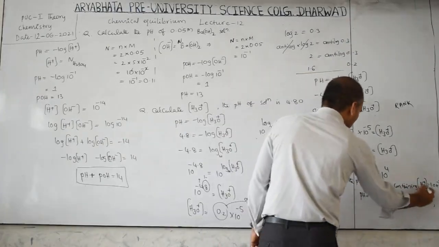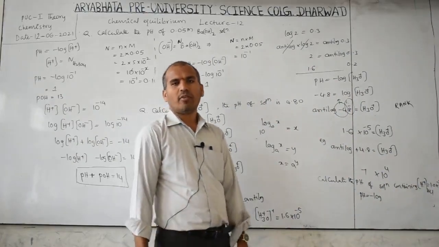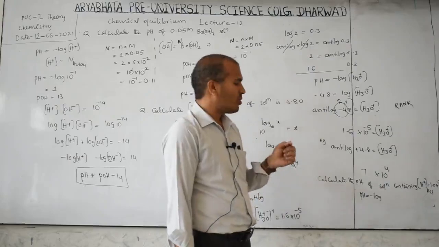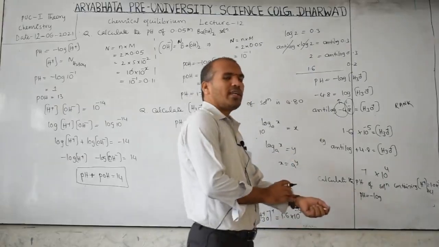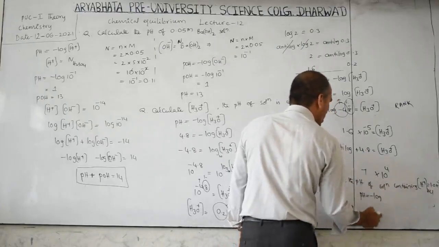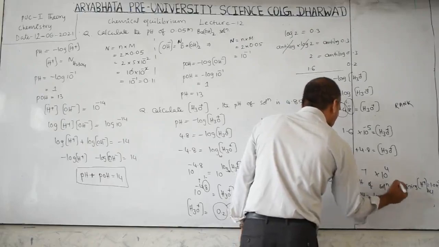Consider this is HCl only, then you will get the direct answer. Otherwise, if H2SO4 or anything else is given, then you have to convert molarity into normality, and the n factor will be applicable. Therefore here we consider HCl only, and this is 1 into 10 power minus 3.